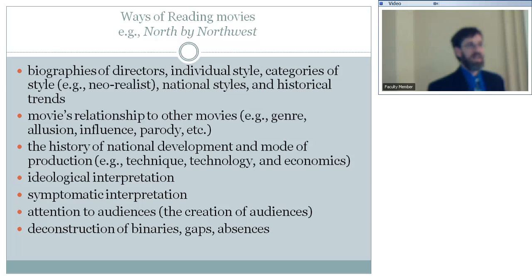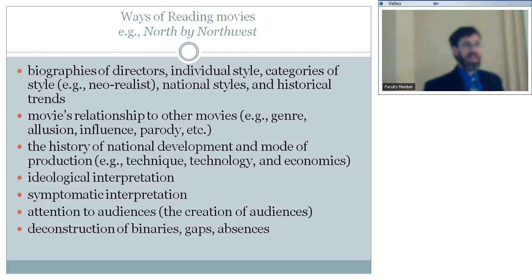But even inside the United States, you can talk about how movies relate to audiences. But it's not only that movies relate to audiences, it's that the film industry tries to create an audience, right? They need to make money. They're not just going to put a movie out there and then hope that it sells. They're going to try to actively create the audience for the movie way before the movie is finished.